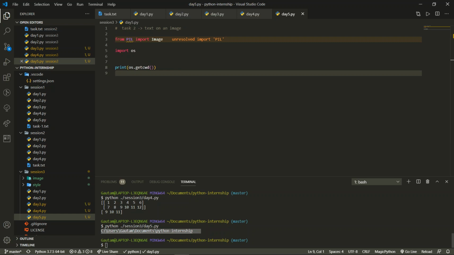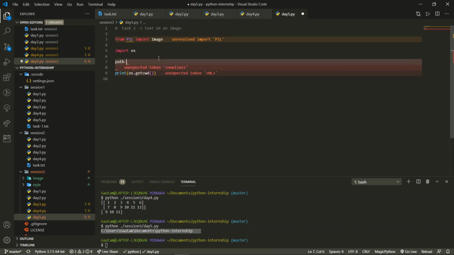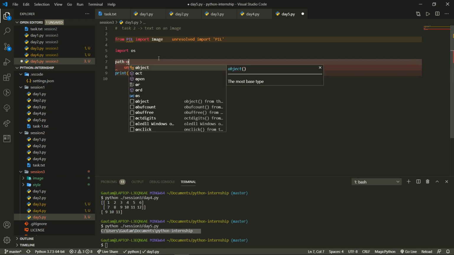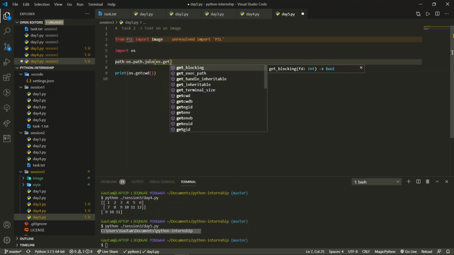You can see how it is getting printed in backslashes. Now you need to make your path in the same manner. You cannot change the path. So path equals to, we have a path joining library, a module. So it's os.path. Okay, everything is connected with this import only, os. So os.path.join allows us to join several paths separated by commas. So automatically it will join the path. So the first part we require is getcwd.